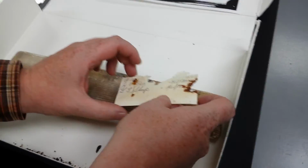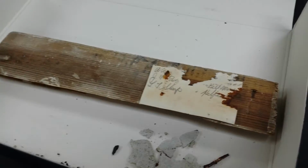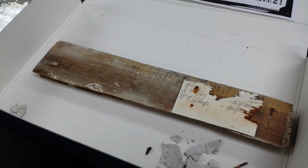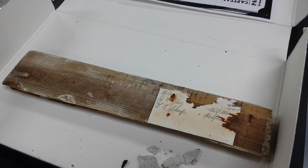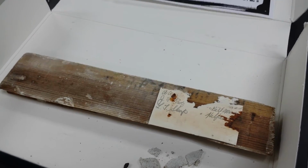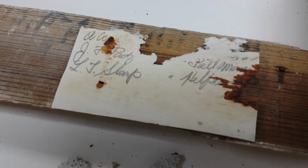So this is not just a ticket to get you to the cornerstone laying ceremony. This got you up on the platform. This got you onto the platform. And do we know of any more of those that exist? This is the only one we've heard of or found. So we're starting a social media campaign to see if anybody else has one of these in their family treasures, an intact one. Most of this damage was done by insects,